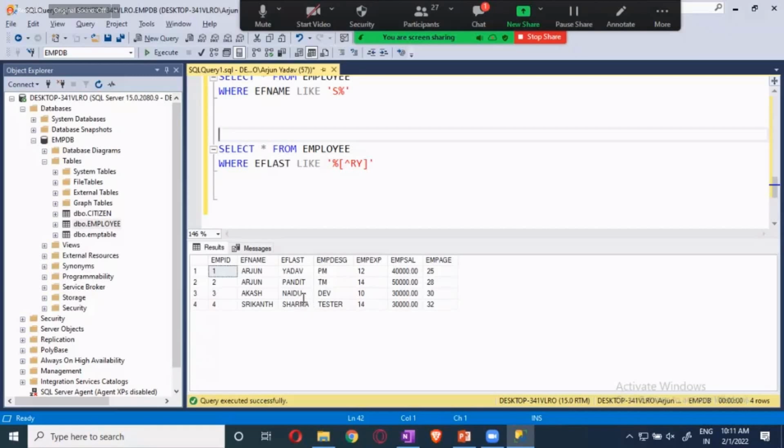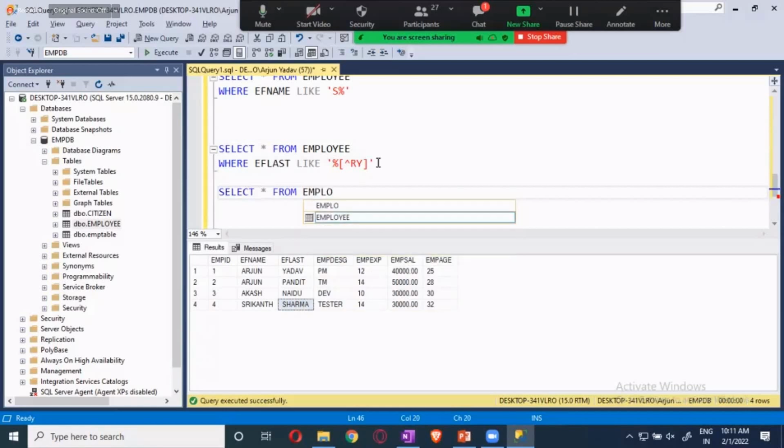Now, in this, I want to find out the AR in Sharma. I don't know that AR is there, I want to find out. So, how will I give it, guys? Select star from employee where EF last like,